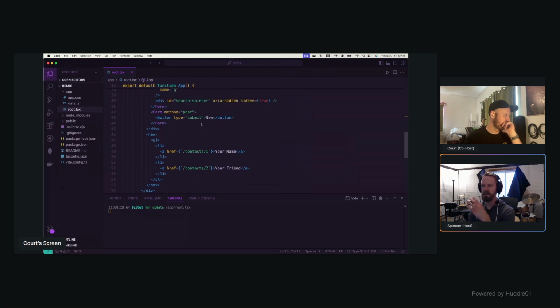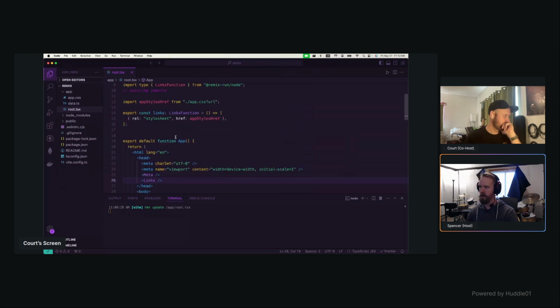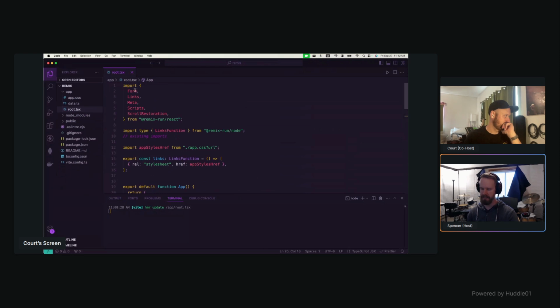But Remix is a framework that's built on top of web standards. Next is like its own thing. It creates and abstracts all these different processes and different ways of handling things, whereas the way Remix is handling this stuff,